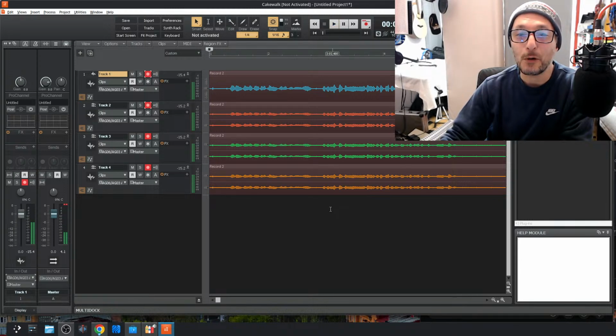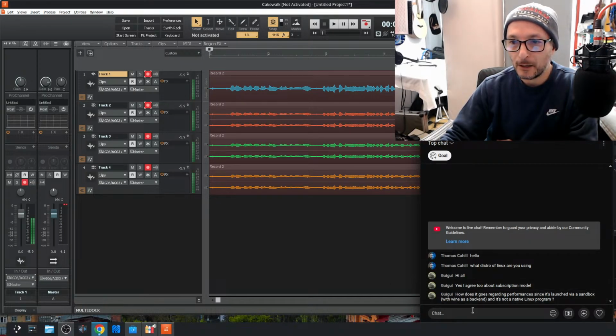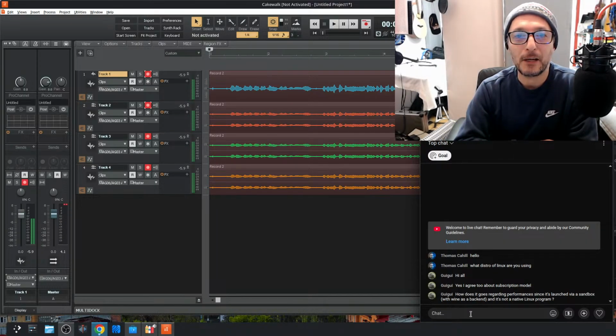I think it's a little bit too loud because the master bus was clipping, because I've got 4 tracks with the same loudness going. So anyway, that's how it works. That's how it is. What do you guys think? I'm just going to go into the comments and see if anybody wants to have any comment regarding Cakewalk by BandLab. While I'm looking at that,